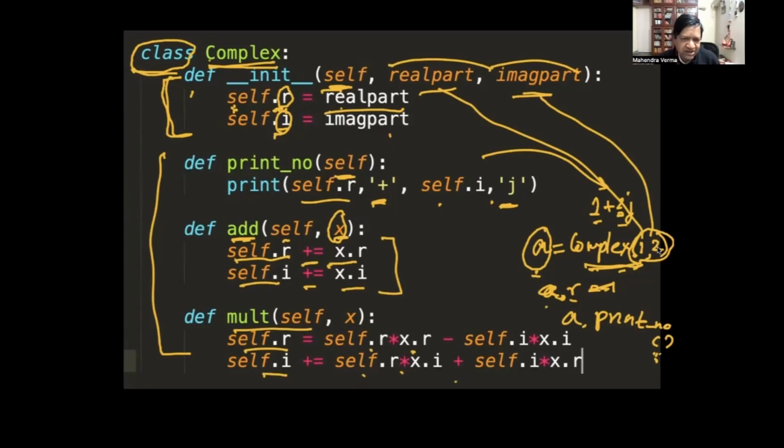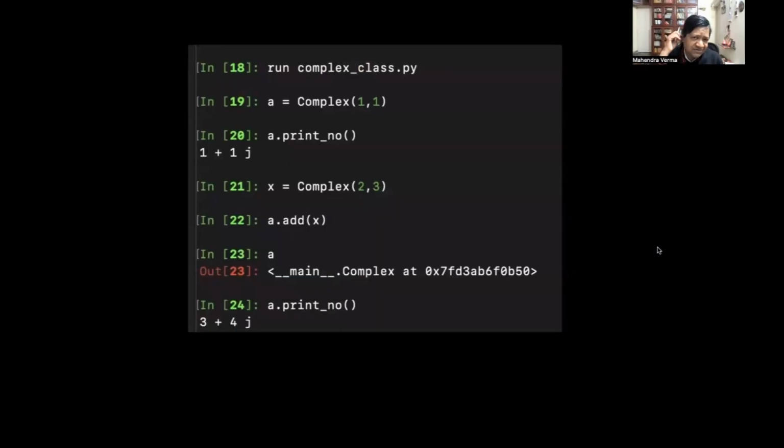Now let's see how you call this class, or create the object with this class. I'm just going to write it. I can run it as well, maybe at the end. So run complex dot py, which is the name of the file. I like to use IPython. Many of you use Jupyter Notebook. It's okay, but I do it on my own computer. Once I do this, my class is defined. The class definition is in the RAM, in the memory.